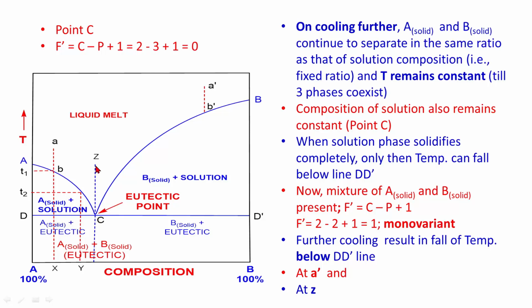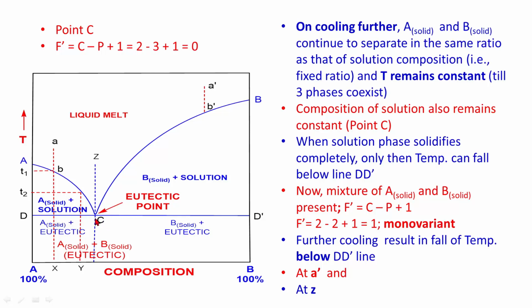At Z, when we cool the system to point C, solid A and solid B will separate out in the same composition as that of the liquid melt, so that the composition of the liquid melt does not change. We will have three phases, and this process of separation of solid A and solid B will continue